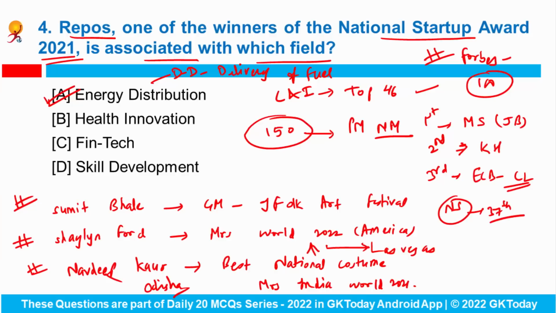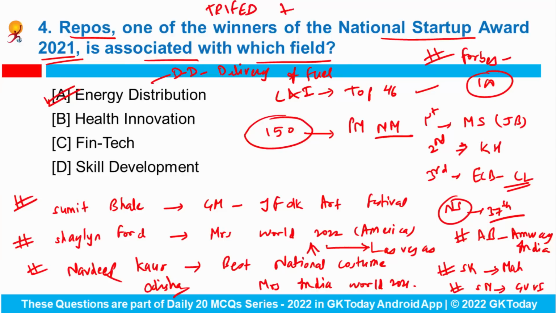And talking about some of the important brand ambassadors, Amitabh Bachchan has become the brand ambassador of Amway India. Then Maharashtra government is to appoint Salman Khan as the COVID vaccination ambassador. Also, Smriti Mandhana has been signed as brand ambassador of GUI. And now you have to tell me, who is the brand ambassador of TriFit? Adi Mahotsav. Please write your answers in the comments.